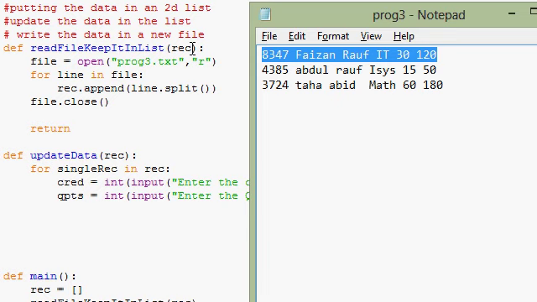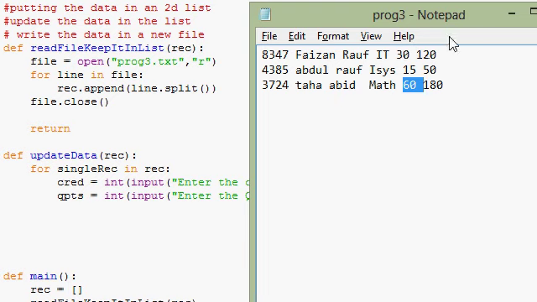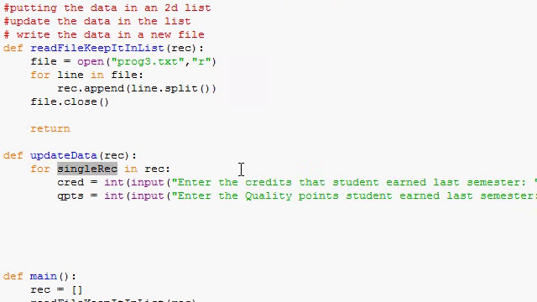So if I say single record 0 1 2 3 4, it means I'm talking about 30 or 15 or 60. If I say single record 5, it means 120, 50 or 180. So I would use single rack 4 is equal to the same value, and add